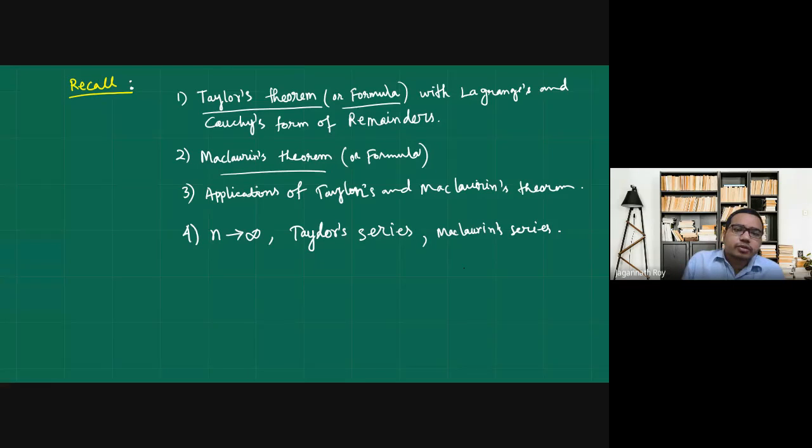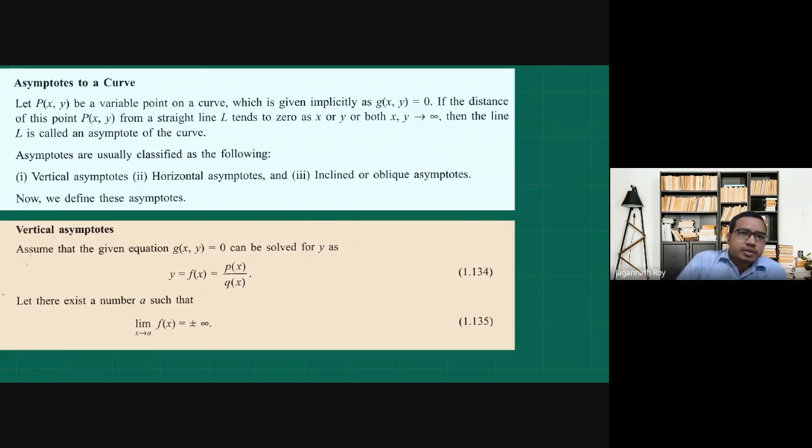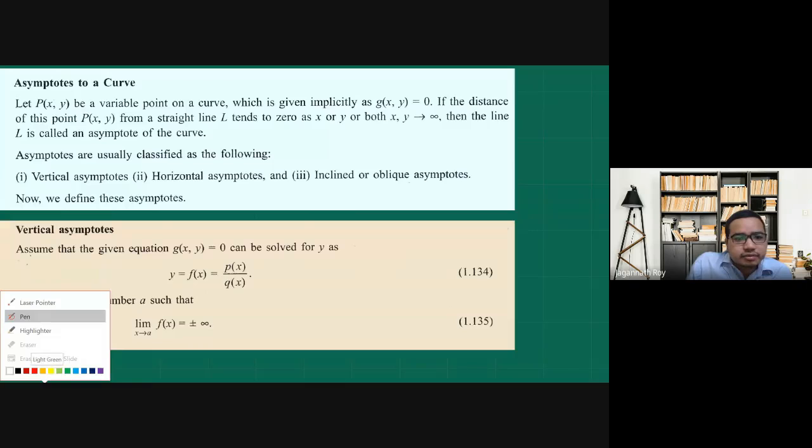And then we have mentioned that Taylor's theorem and Maclaurin's theorem are actually used for approximation. Given a function, we can approximate it by Taylor's polynomial. Depending on the function, we will choose the polynomial. Now, we have briefly defined the idea of